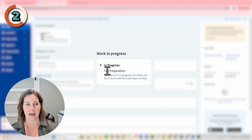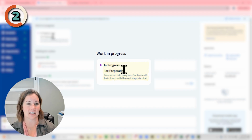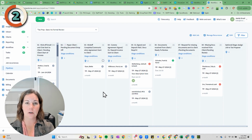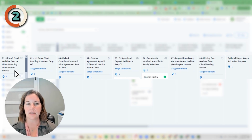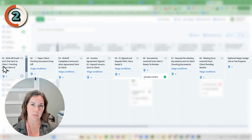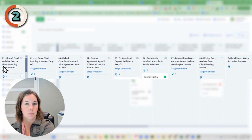Now, the other cool thing that I will add is we can actually customize this status to say something specific to this client. So here I am in the firm view of TaxDome. Now, this is the side that you and your team would see in your TaxDome system. I am currently in a tax preparation pipeline, and a pipeline is an automated workflow. TaxDome calls them pipelines, meaning that it's a breakdown of the steps that you would take a client through from the beginning of your tax preparation process, point A, to the end of your tax preparation process, point Z, and